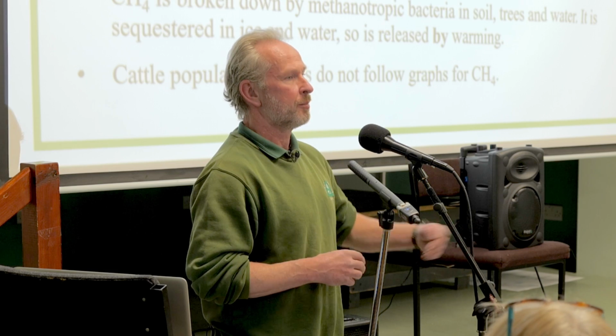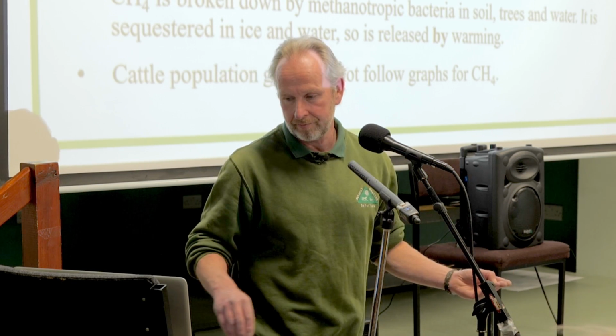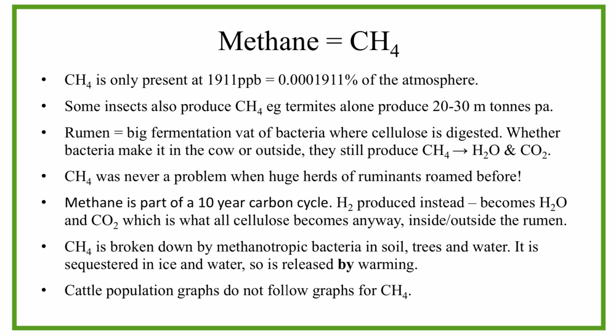They say it's safe, but again, how long have they done the studies to prove that on a cumulative basis? So methane was never a problem when huge herds of ruminants roamed the planet. It's got a 10-year carbon cycle anyway. So the hydrogen that does produce will become water vapour, which are supposedly worse greenhouse gases if they exist outside the rumen. So the methane is broken down as part of this 10-year cycle by methanotropic bacteria in soil, trees